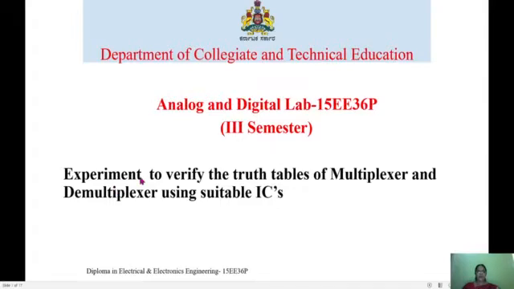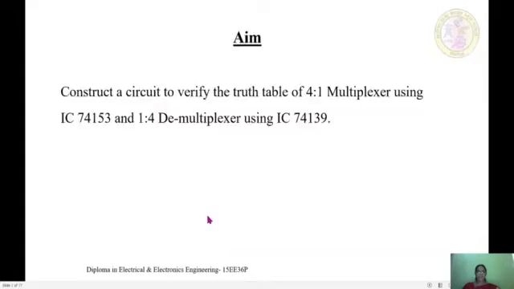Today I am going to explain an experiment to verify the truth tables of multiplexer and demultiplexer using suitable IC belonging to Analog and Digital Lab pertaining to third semester diploma in Electrical and Electronics Engineering. So the aim of the experiment is to verify the truth table of 4:1 multiplexer using IC 74153 and 1:4 demultiplexer using IC